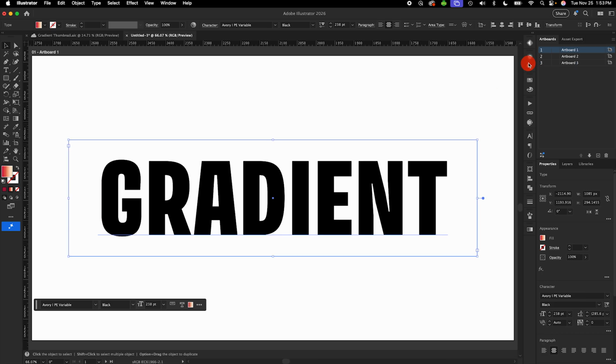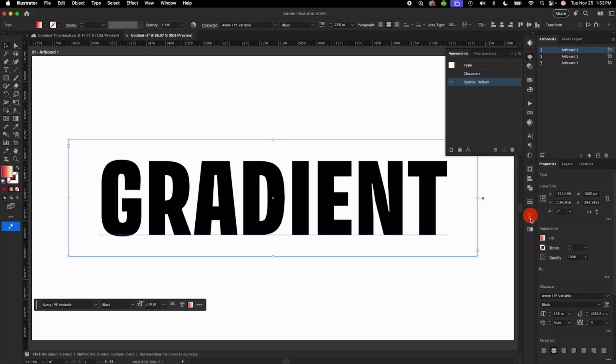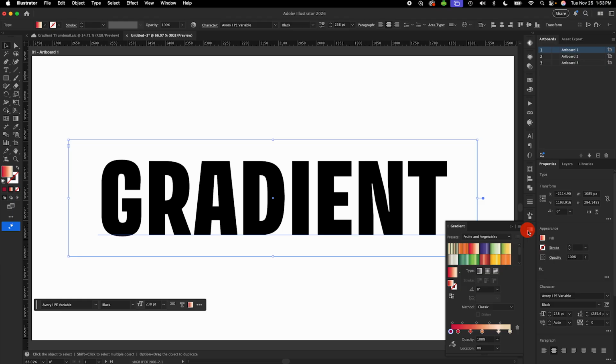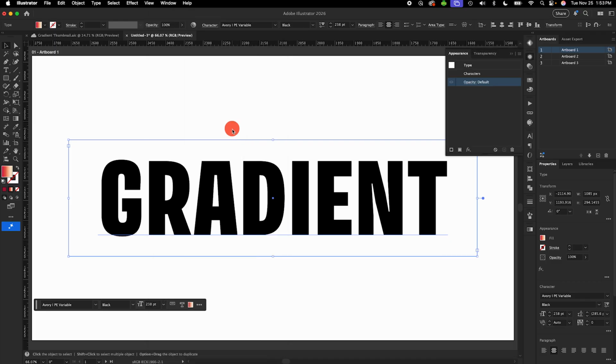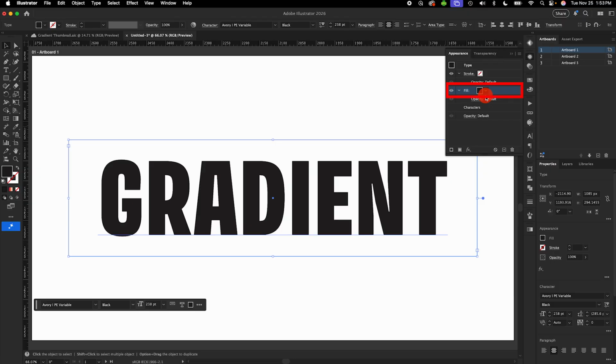First, make sure that you have your appearance panel and your gradient panel open. If you don't have those out, you can go to Window and find them under here. So now make sure your text is selected, and in the appearance panel, go ahead and click this filled in square at the bottom of the panel. This will add a new fill to your layer, and we can go ahead and grab that fill from the